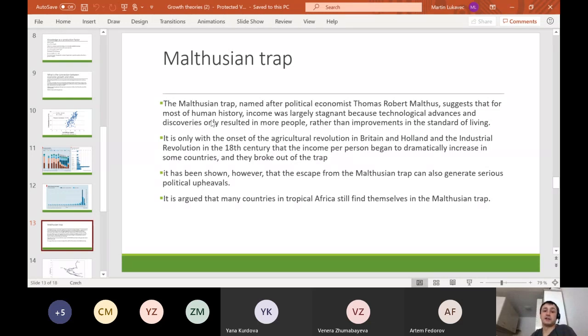So he noticed that people developed better techniques to farm, and the population of Britain increased, and that was about it. It was kind of ironic because he came up with the idea only at the moment when Britain finally escaped what later became known as the Malthusian trap,